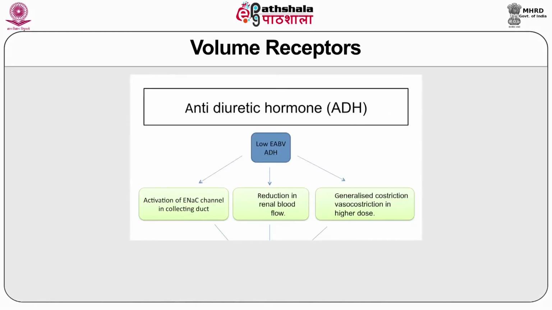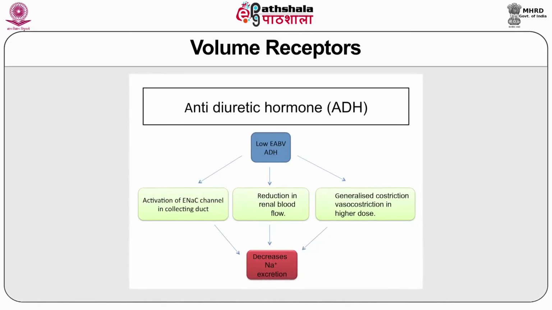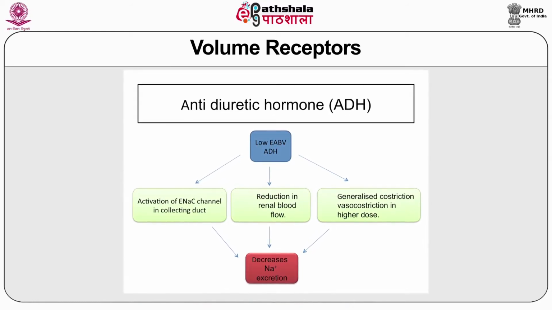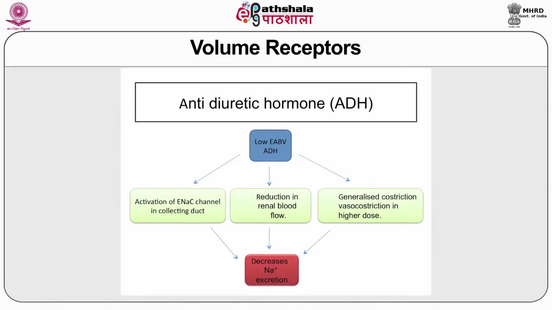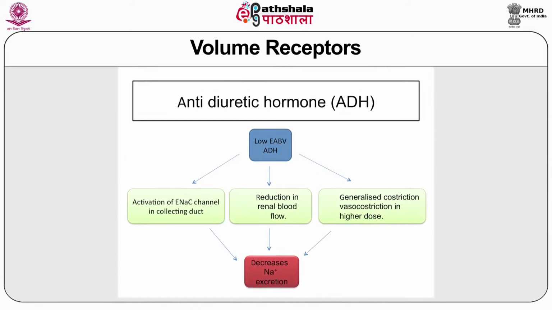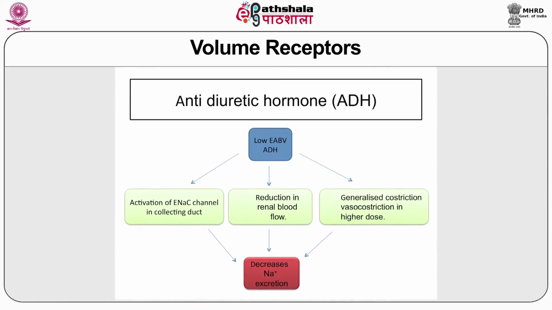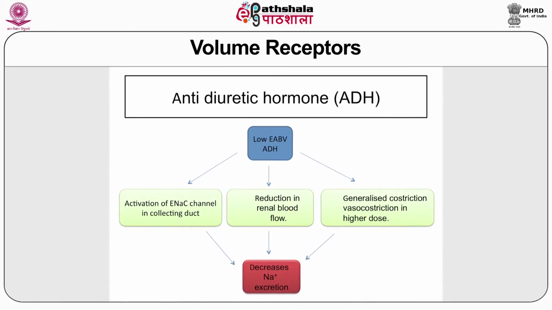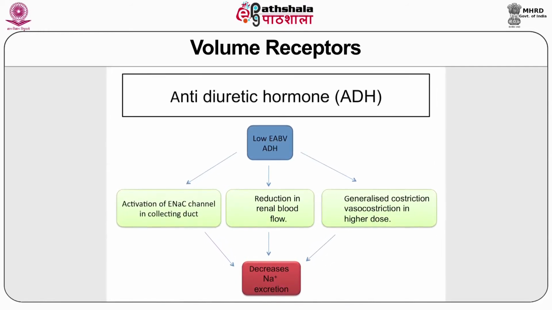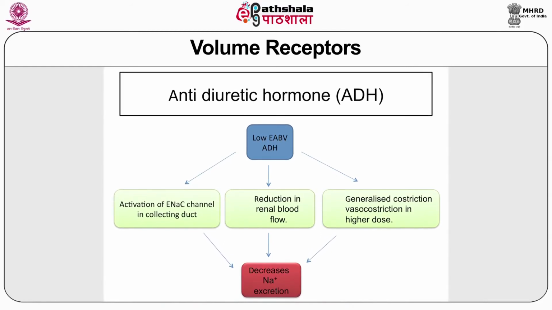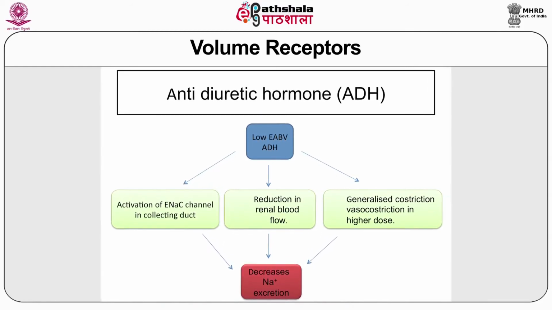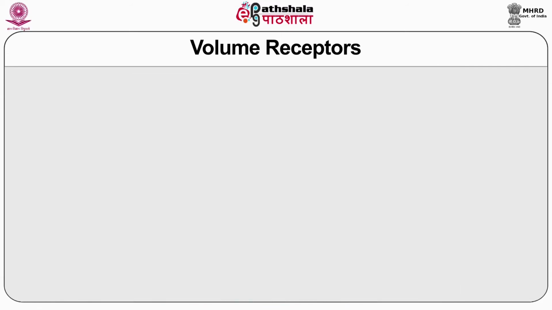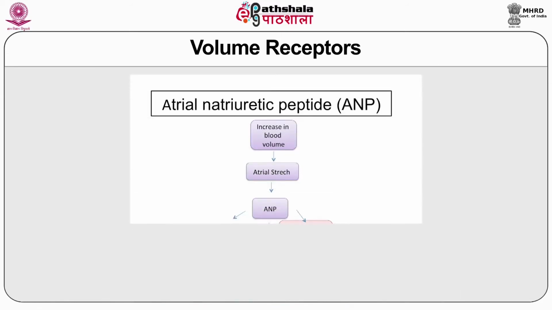Antidiuretic hormone: low effective circulatory volume leads to release of ADH from the posterior pituitary. ADH has 3 actions. It leads to translocation of aquaporin channels in the collecting duct, which leads to reabsorption of water. Second, it also reduces renal blood flow. The other system is atrial natriuretic peptide, which is released by